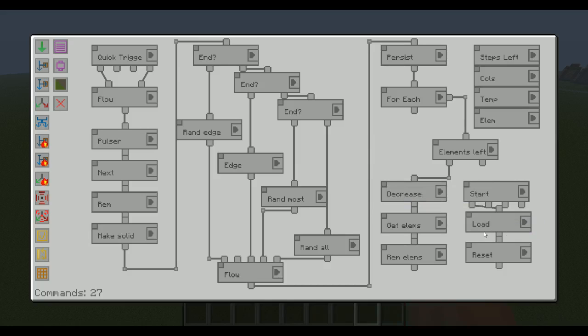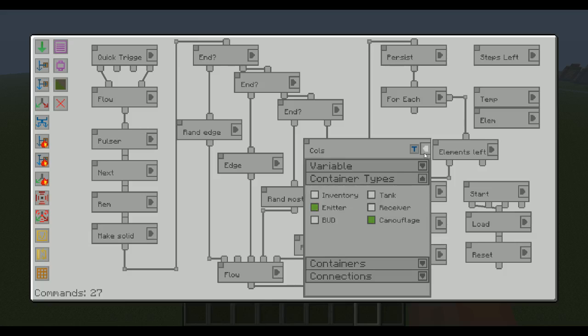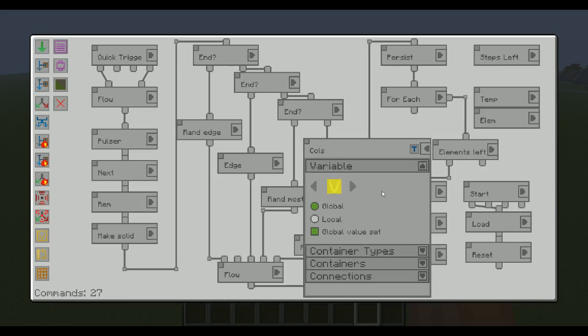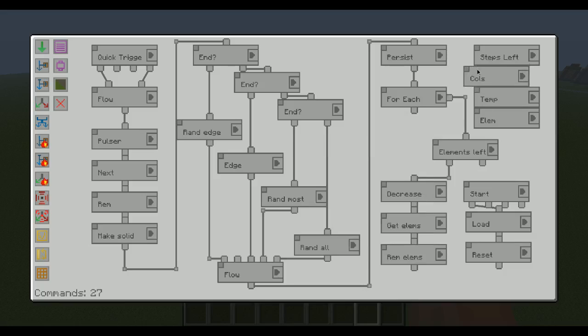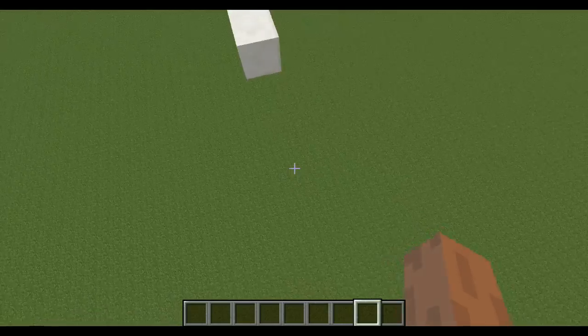However, where is this defined? Where have I set what blocks are in the columns? Basically, what I want in columns are all those camouflage blocks. But I don't set anything here, and I don't set anything anywhere else in this whole setup. The reason is that it's global, first of all, so I can keep values there without losing them. But the reason why I don't want to load it is because I have a grid here of camouflage blocks. It's basically a square,